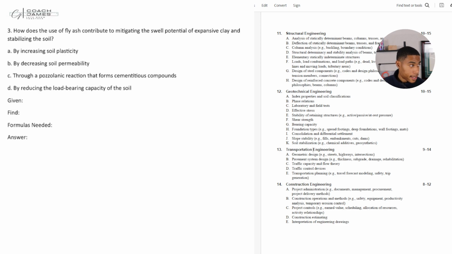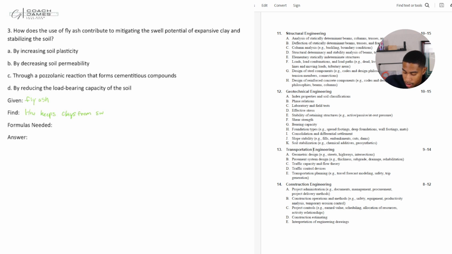So number 3 says, how does the use of fly ash contribute to mitigating the swell potential of expansive clay and stabilizing the soil? Okay. So we're given fly ash, right? And we want to find how the use of fly ash contributes to mitigating the swell potential of expansive clay. Okay, so we just want to figure out how it keeps it from swelling. How fly ash keeps clays